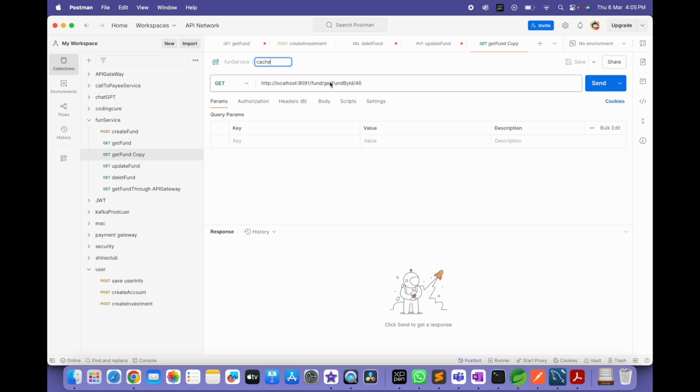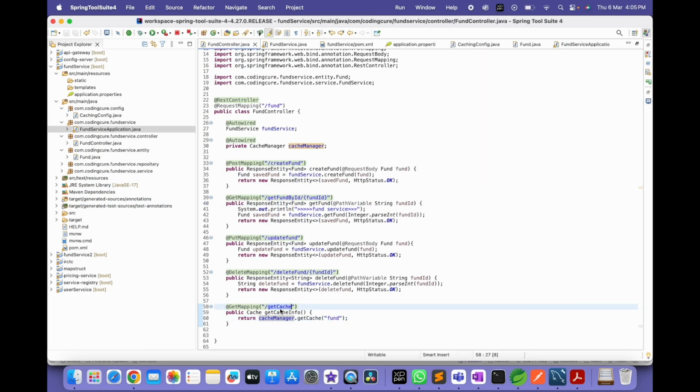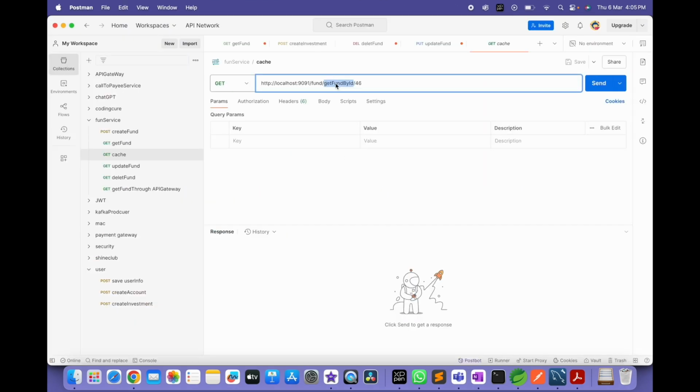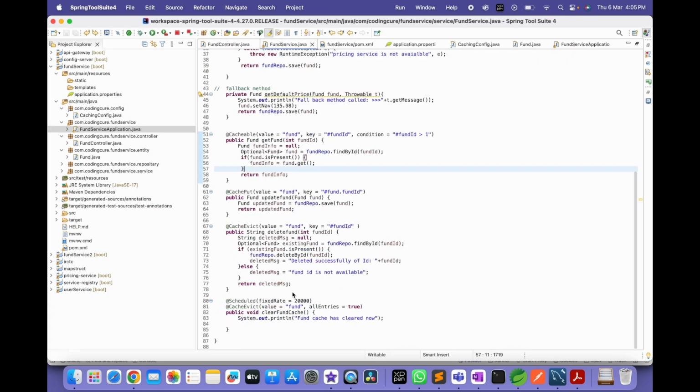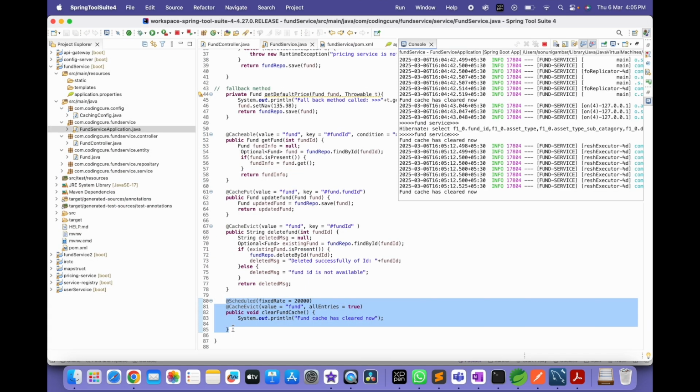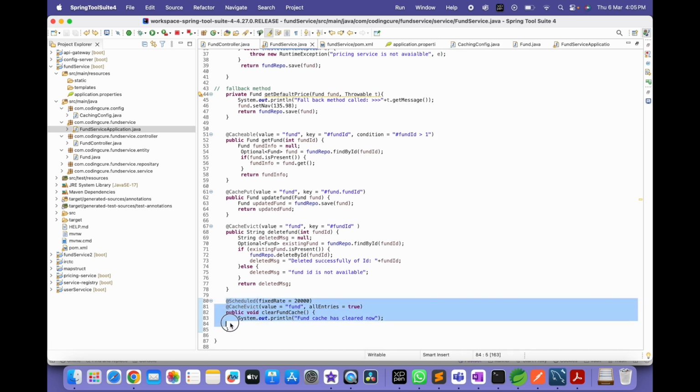Get cache, this is the API name, no need to pass the fund ID, send the request. Yeah, this is the native cache. Inside the cache nothing is there, because in fund service,